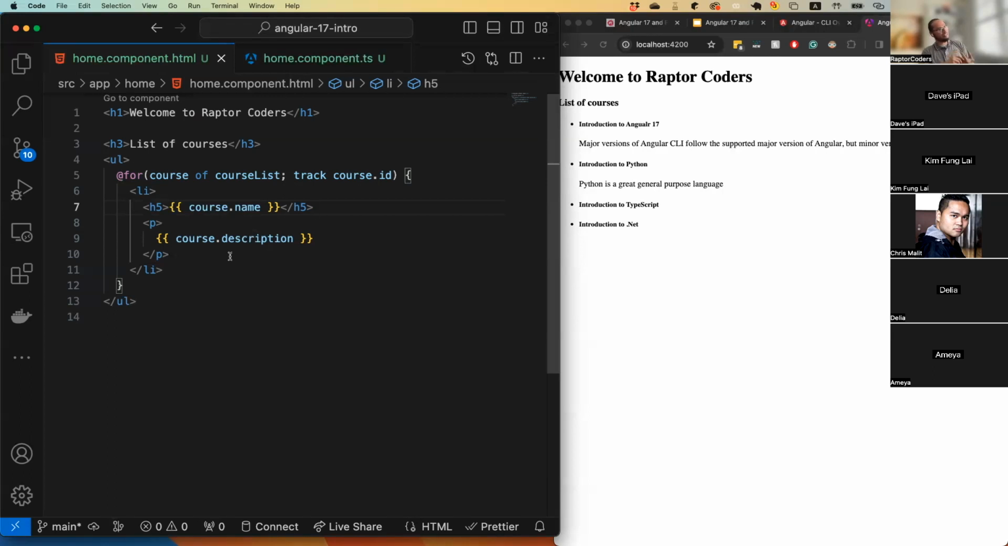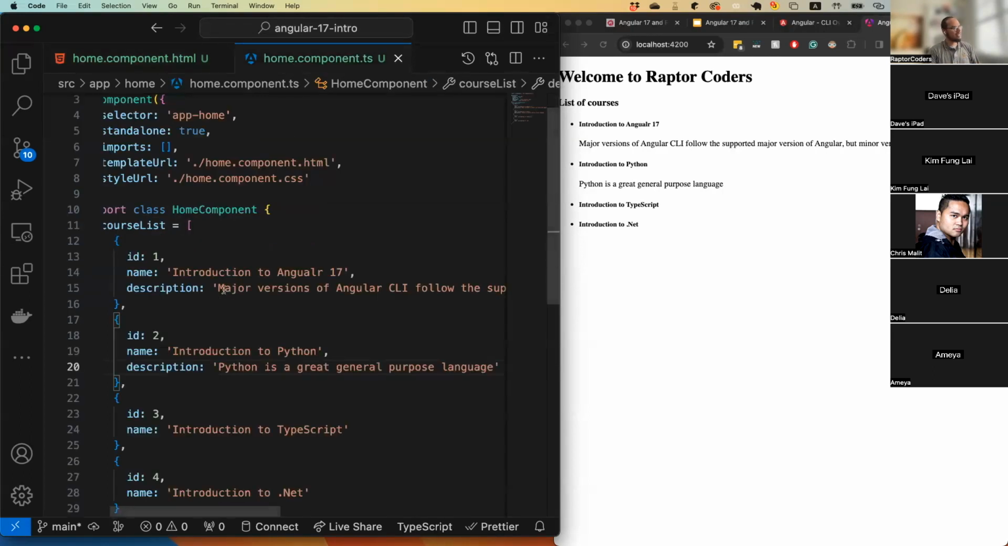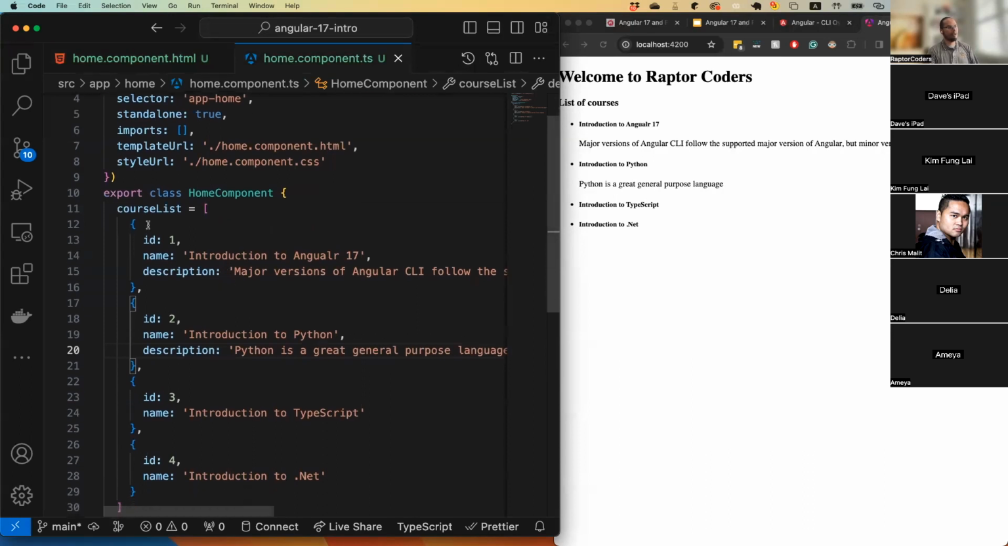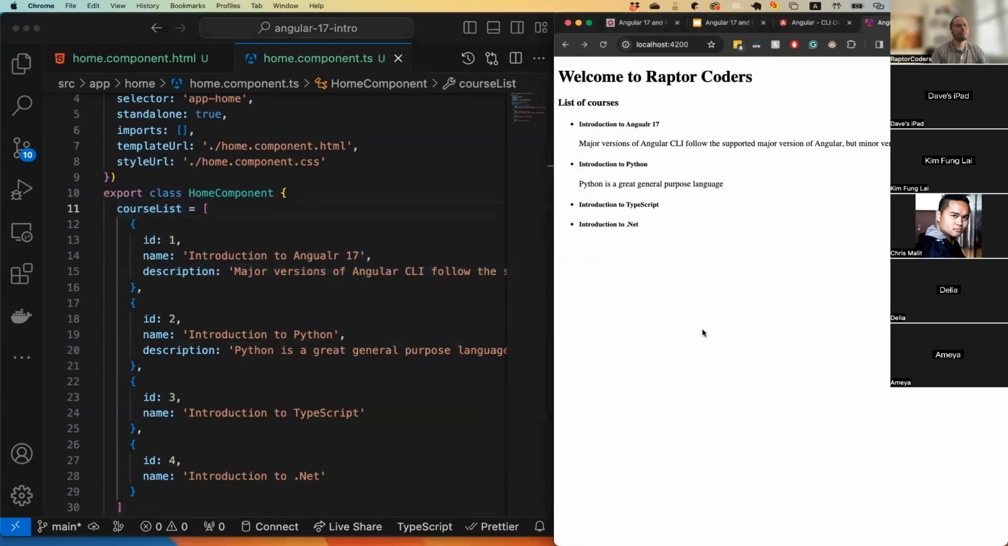Instead of getting all the data from this hard-coded list, how about we consume a REST API? REST API allows us to get data from an external server. So this application is being built on our local machine, but we need to get the same kind of data from somewhere else. I already created a service on my website,